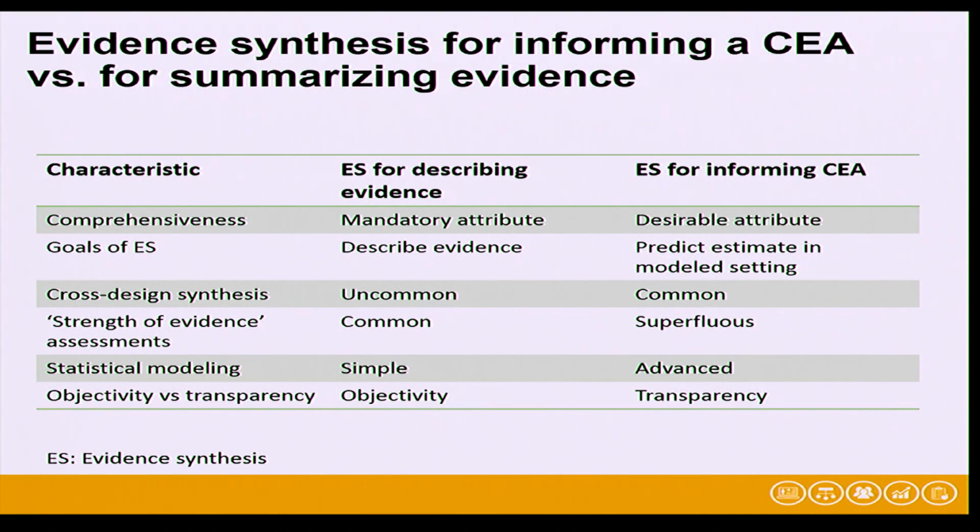There are implications of that about the uncertainty around the estimates that is discussed in the chapter. Cross-design synthesis is probably something that we would do more often when informing modeling for cost-effectiveness analysis, and we argue that if the evidence synthesis is conducted in one particular fashion, as the one that we advocate for cost-effectiveness analysis, traditional assessments of the strengths of the evidence, like that advocated by the GRADE group and others, are superfluous because they are already accounted for.